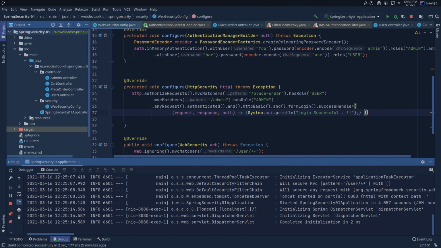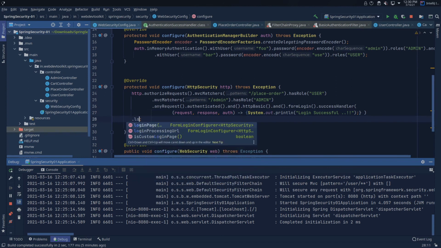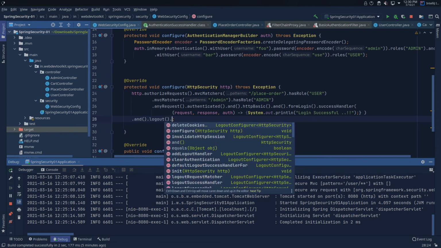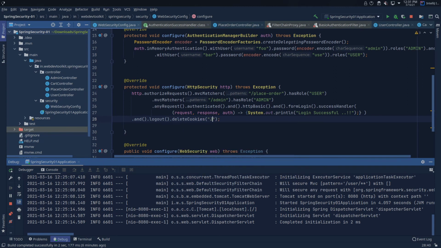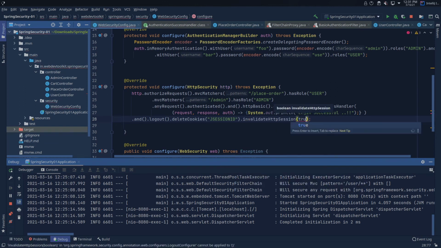It also allows us to customize the logout feature. So let's say what we can do after logout, for example, delete cookies. You can also invalidate the HTTP session. If you make it true, it will invalidate; if you make it false, it will not invalidate the HTTP session.